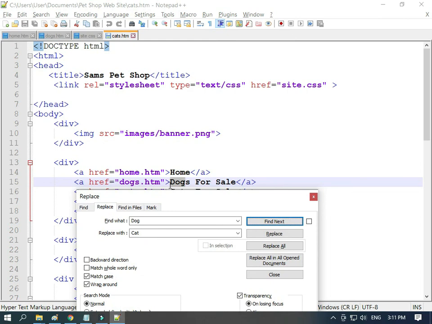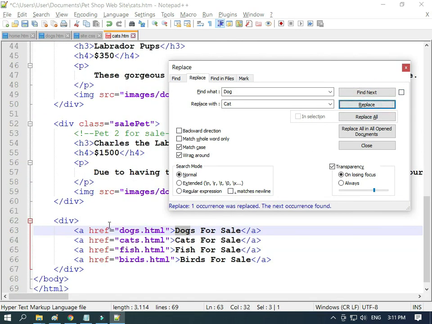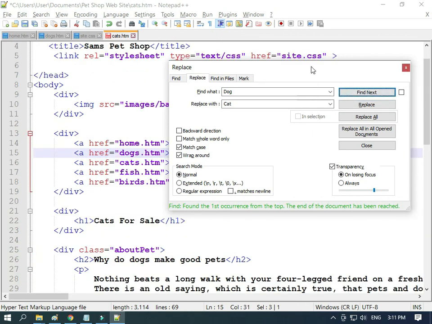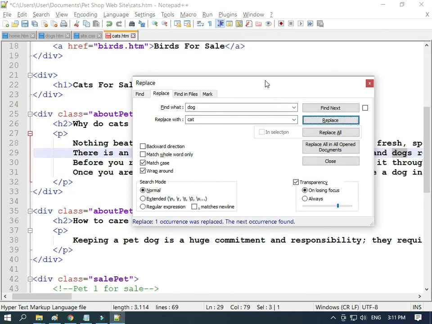this is actually part of the links, so I'm not going to change that one, but we'll find the next, and we do want to replace that one, and that's a link as well, so we don't want to do that. So we'll find the next again, and it's gone back there. What we're probably better off to do is do the lowercase dog and change it with a lowercase cat. So find the next, why do dogs, and we want to replace that, why do cats make good pets, and